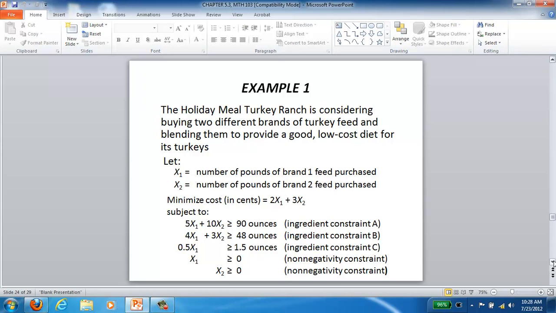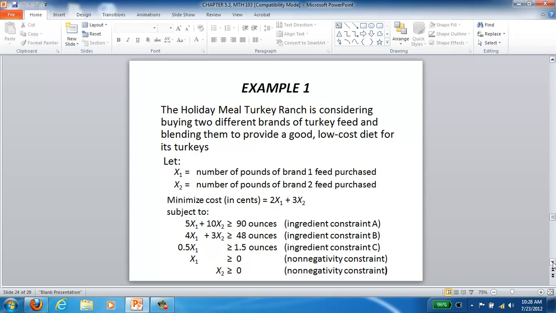We're going to let X1 equal the number of pounds of brand 1 feed, and we're going to let X2 represent the number of pounds of brand 2 feed that are purchased. We're trying to minimize our cost, which is going to be in cents. That's going to be 2X1 plus 3X2,